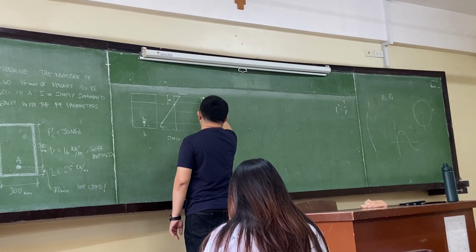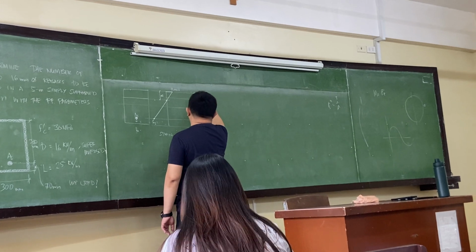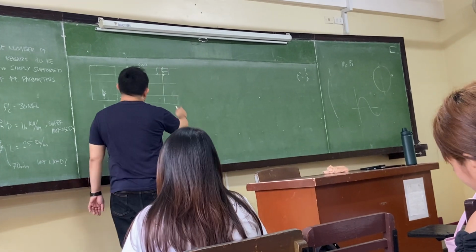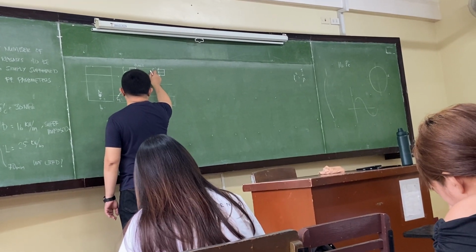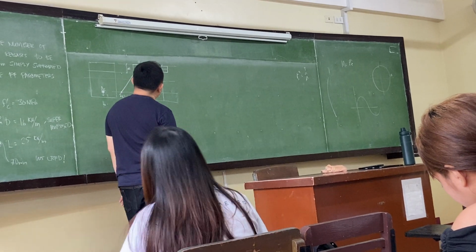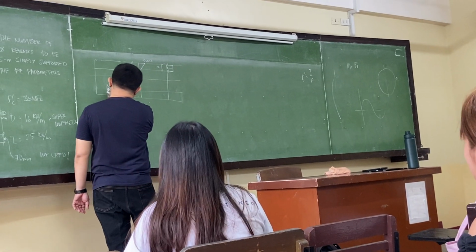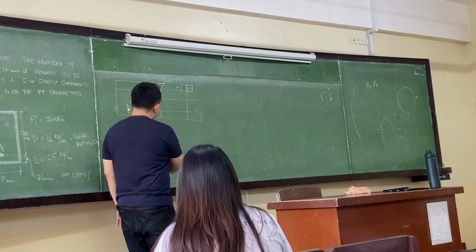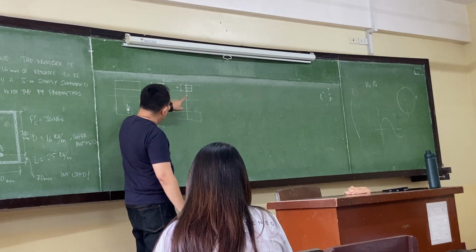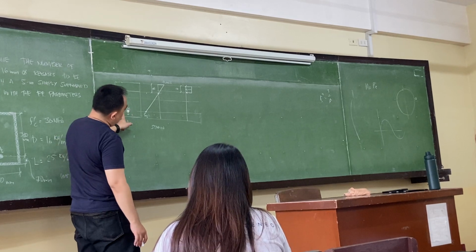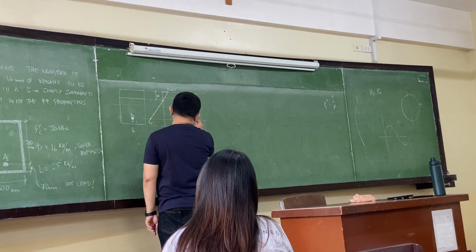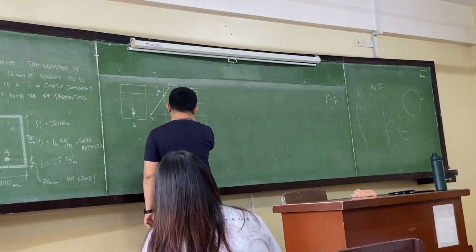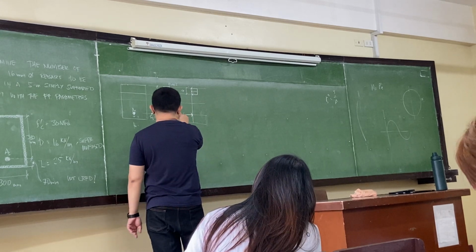C is your definition of your compression block. And then this distance here is your A. Okay. And then here, since this is your steel area, this is of course in tension. This will be tension. For compression to have an equilibrium, you will need this to be tension. So you will have this one here, that's your As times your Fy.